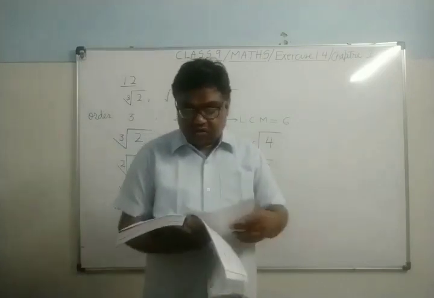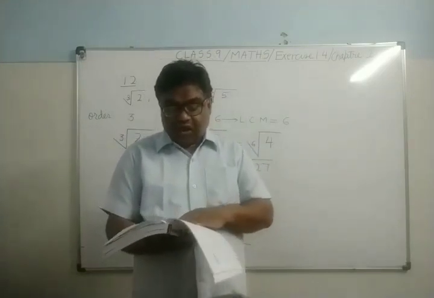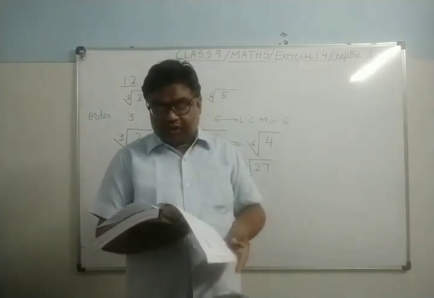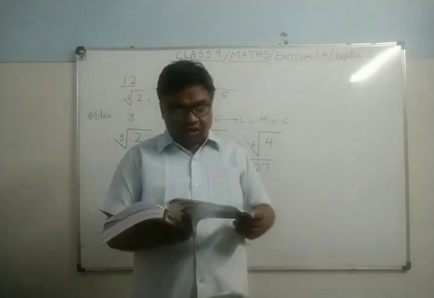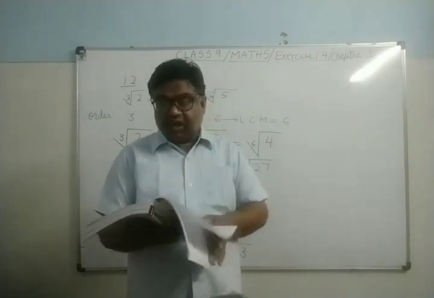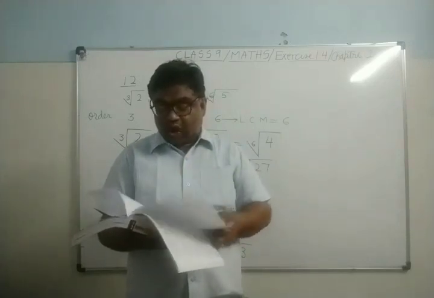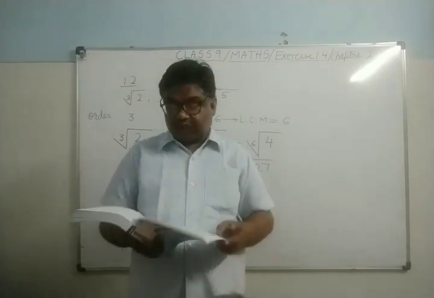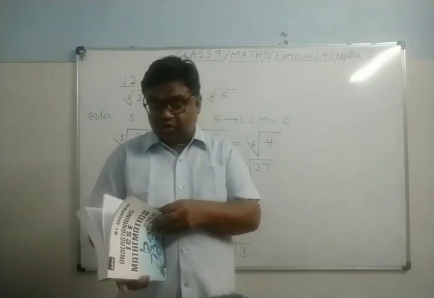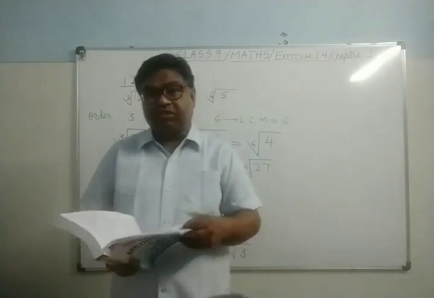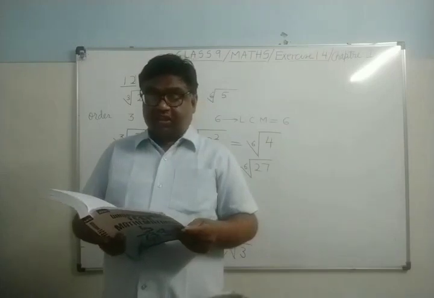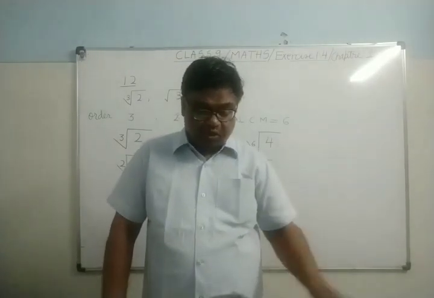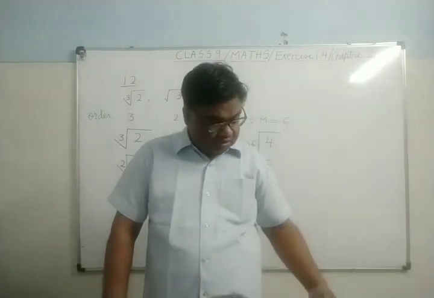Now all the questions of this chapter I have done. Now example question number 8 you can do with the help of example 5. Is it clear? Example 5, example 6, with the help of those you can do it. Now you do all the examples in this exercise also. These examples are very, very important in order to understand the concept of surds and irrational numbers. Is it clear? So now you will do it, and so, thank you.